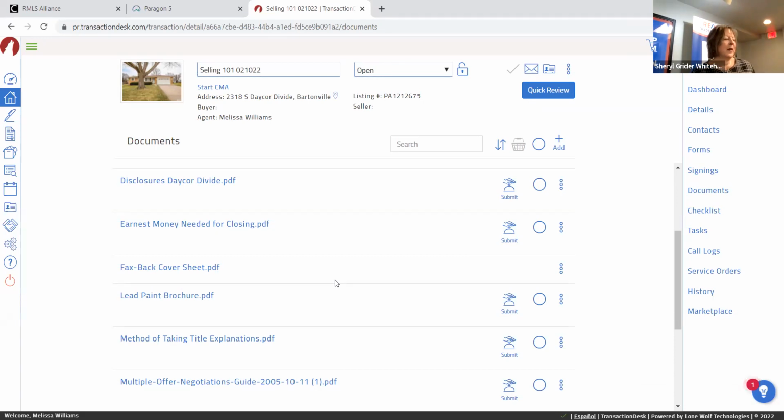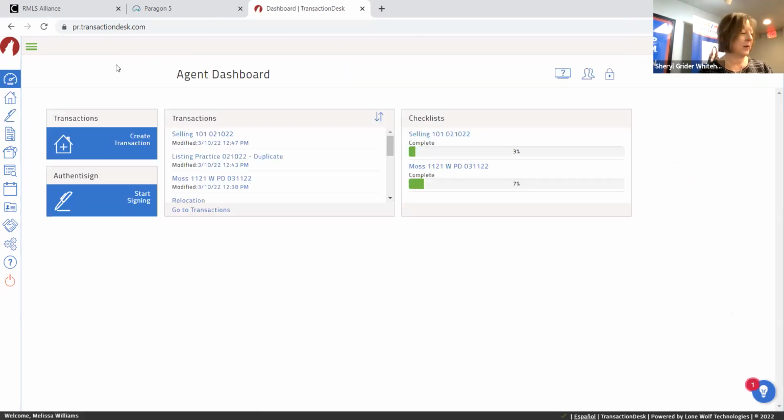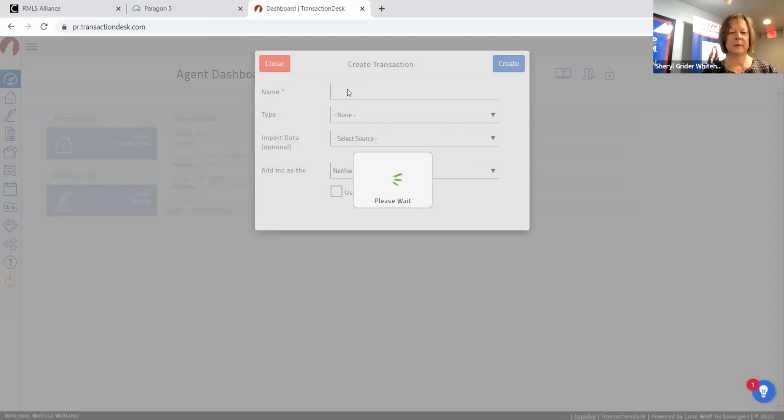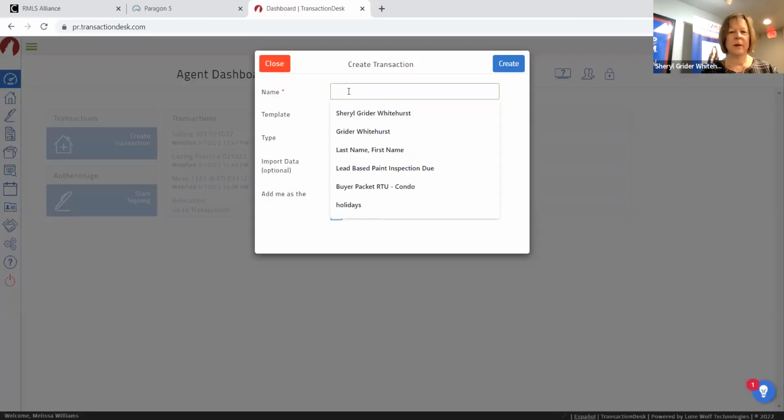Okay, now the part that Rodney's been waiting for. Creating and using offer and assign layouts. Brand new section on page 17. So what I would do, let me go back to the beginning. I'll just go through the whole thing. I want you to create a transaction and name it